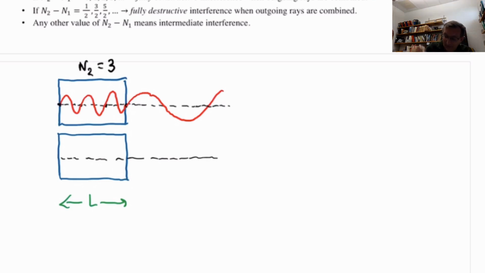And let's say that in block 1, I can fit 1.5 wavelengths in that distance L. Like that. Okay? Starting there, there's 1, and then I get a half of another one. So I would denote that one, put it down here, as the number of wavelengths that fit, big N in material 1,